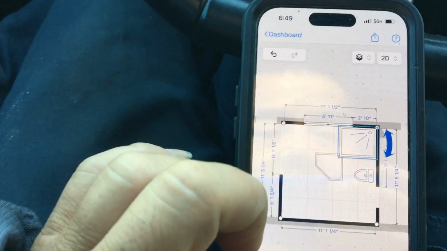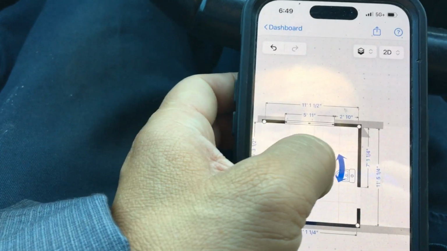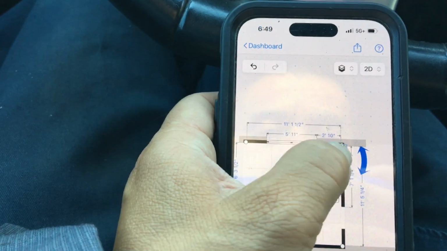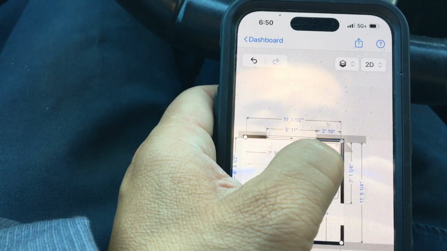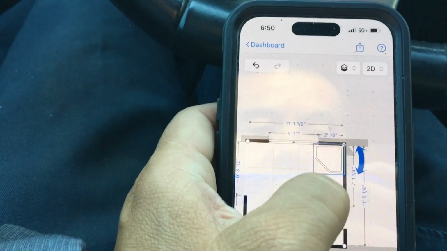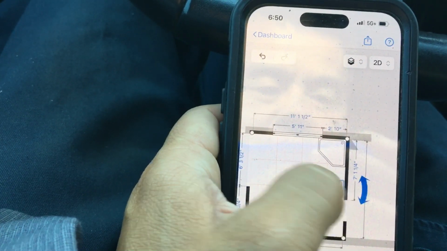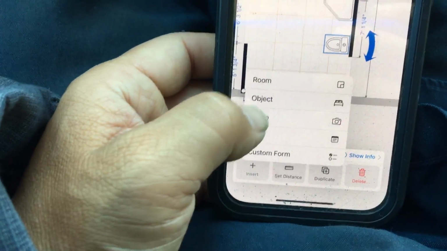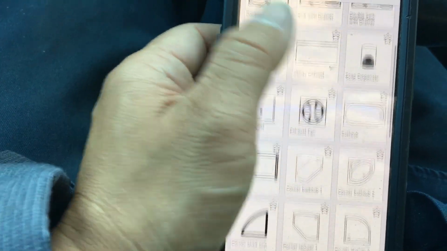This shower I'm gonna delete. I'm gonna put this shower in. I'm just gonna set it like that. And we'll bring the toilet a little bit closer. Something like that. And then we're gonna go insert again, object, plumbing, and now we need a